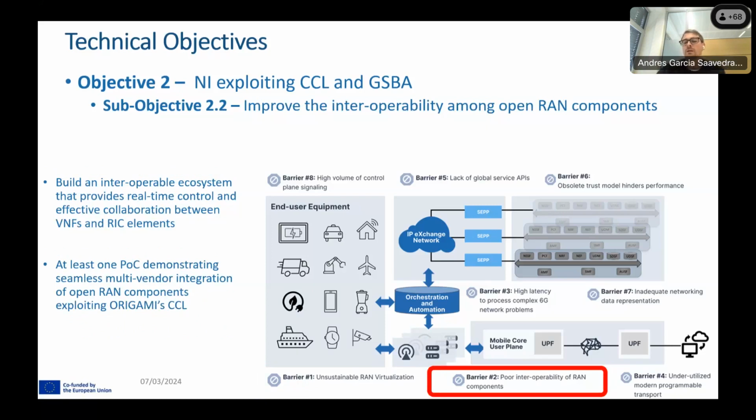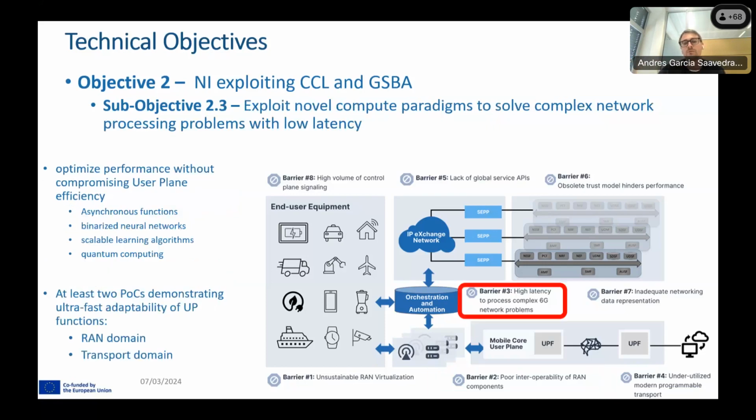All the fuss with Open RAN and the idea of bringing different vendors together requires the vendors, or different components of the network, to be interoperable with each other, right. Of course, this involves standardization, but it also involves willingness and certain mediation tools that we plan to work on during the scope of the project to make sure that competing vendors can actually talk to each other in the same systems. So objective 2.3 basically has to do with building network intelligence solutions to break barrier 3, which